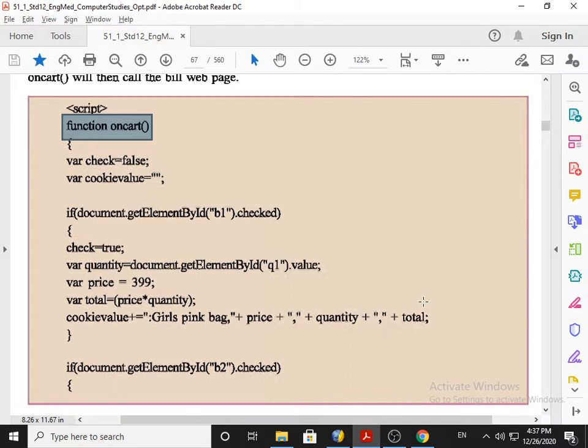Now in this particular script, certain things we have to learn. We learn double quotes 2 times means blank. Okay, we learn var is an instruction to create a variable. Okay, now one thing is there, plus equal to.